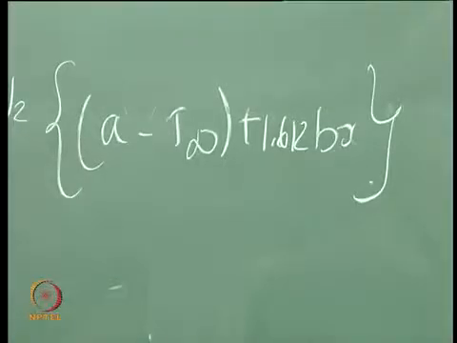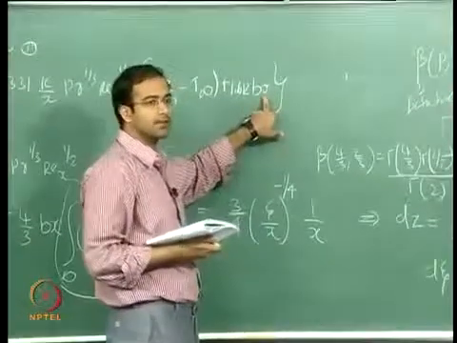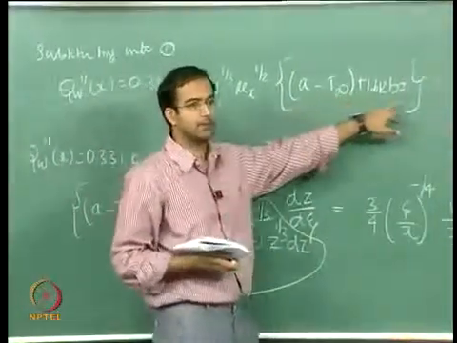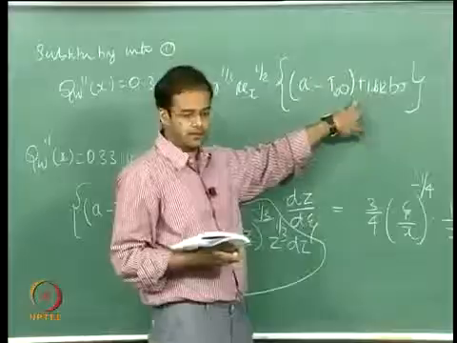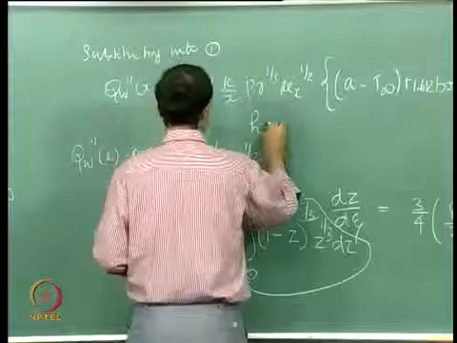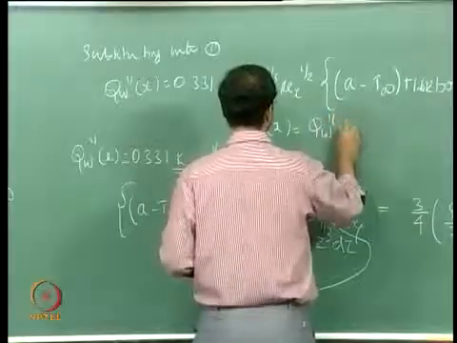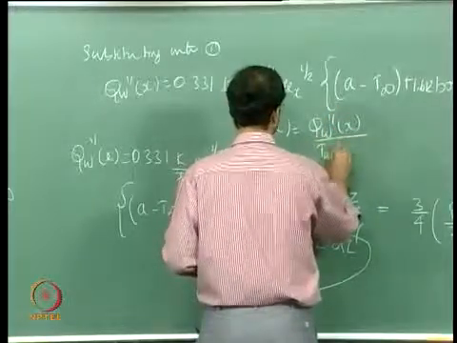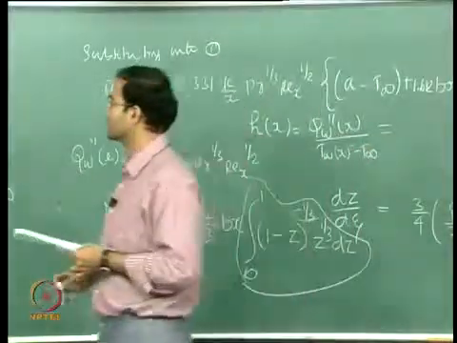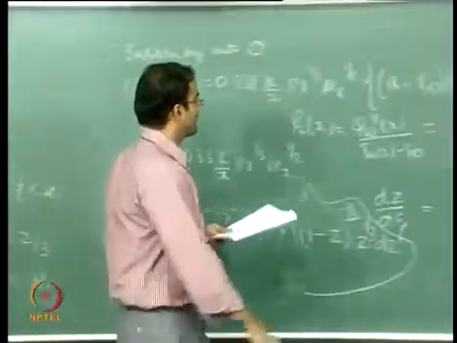Okay. So now we have a complete expression which gives you the variation of heat flux with respect to x, provided you know your constants A and B and you know the free stream temperature T infinity. Alright. So now from this the heat transfer coefficient can be defined. So h of x can be defined as q wall double prime x by T wall of x minus T infinity. Now T wall of x minus T infinity can be written as A plus Bx minus T infinity. So therefore you have this entire